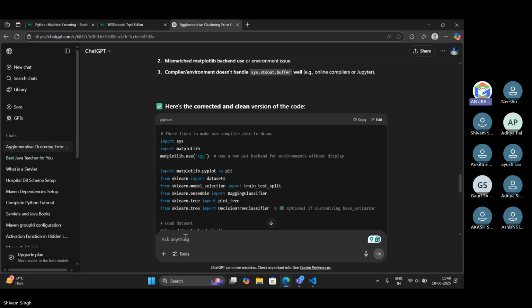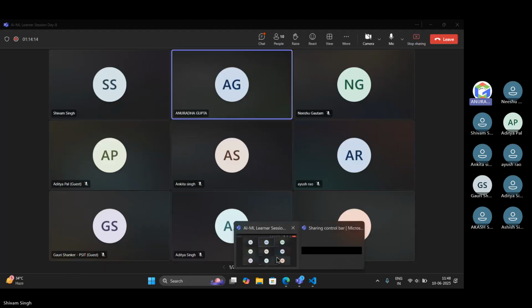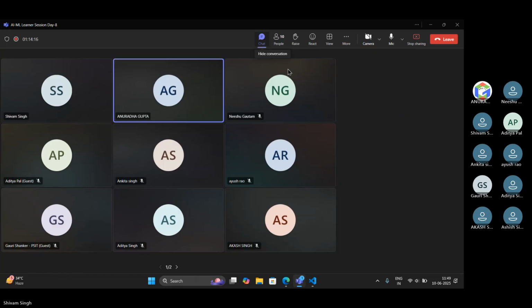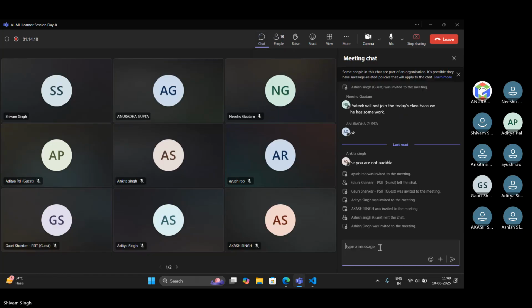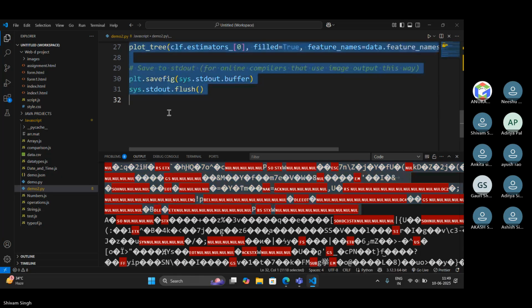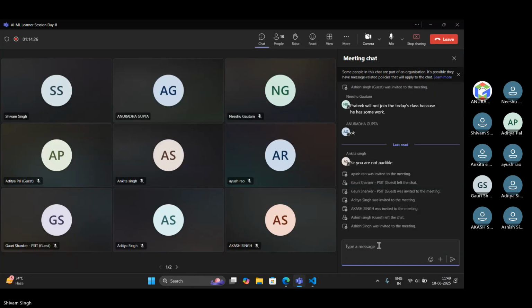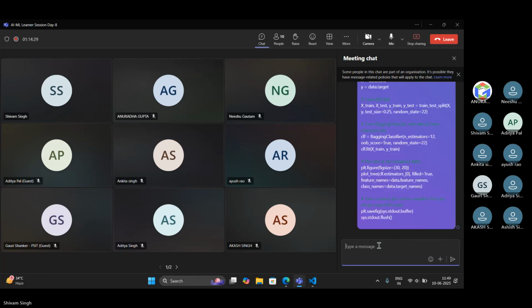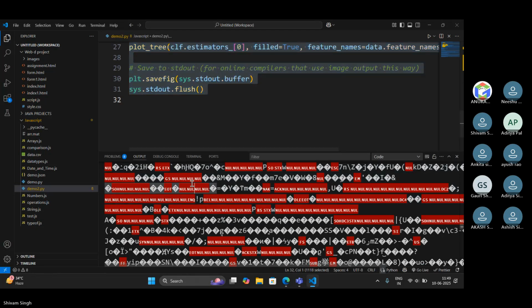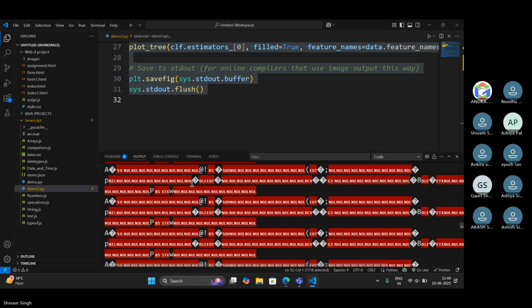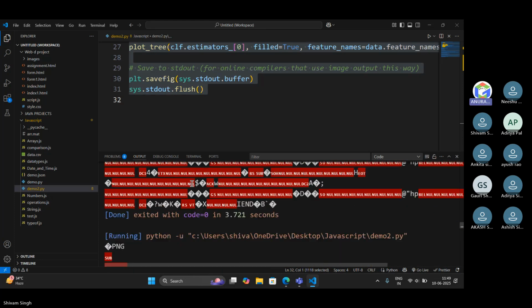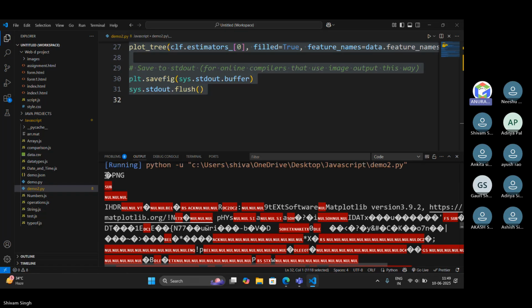Put that code in the chat also, so others can also try. Everyone, please check where the issue is and try to resolve it.